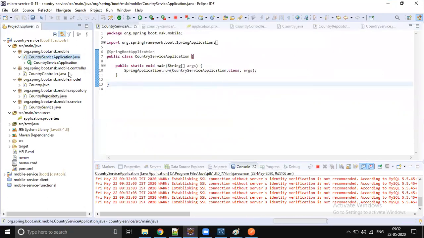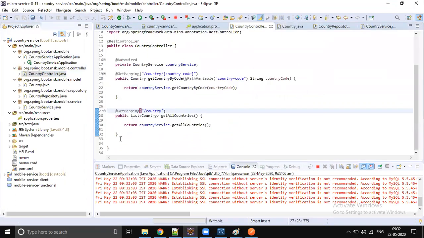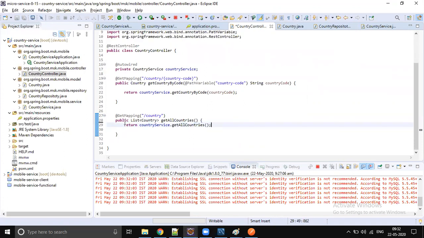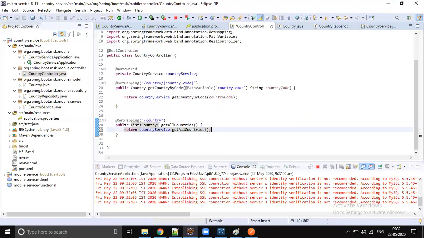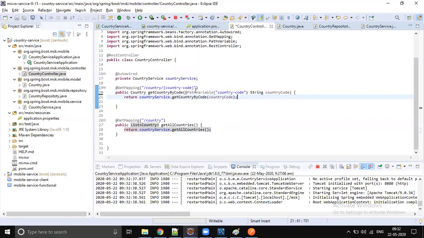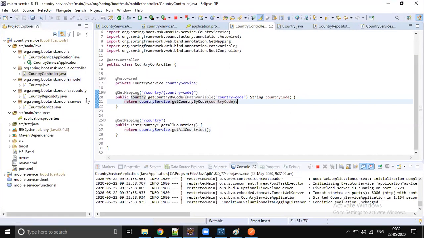Yeah, let's go for post save. We will get a country object and we will save it. But one small thing I would like to do here, it's a country ID you need to pass. So let's get the country ID and save it. You have to do the validation. You need to take care of the complete validation of country.